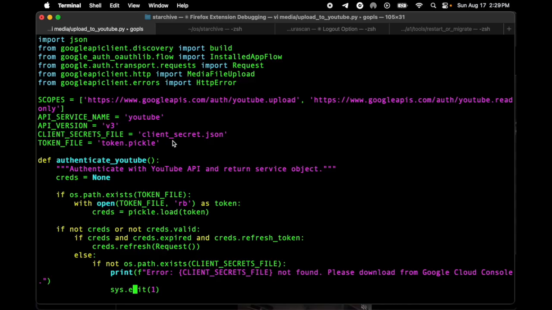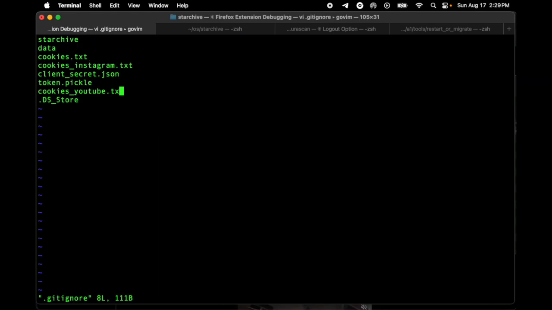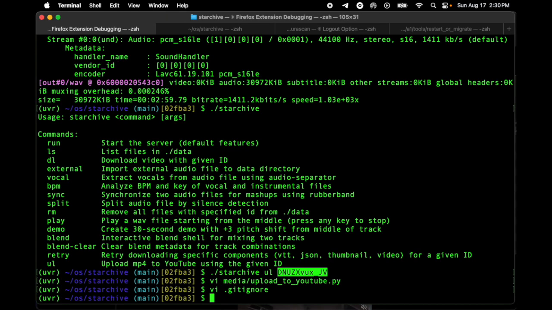If you don't want to agree to that with this little app that I made, just make your own YouTube app. When you get that scary message, just make sure you're agreeing to it to yourself, so you're not really giving access to anyone to your YouTube channel other than yourself. To make sure that this all doesn't get checked in, if you look in gitignore, this file is never checked in, tokens.pickle is never checked in. Also, you need these cookie files. You need Instagram and YouTube cookies. All that stuff is just on your hard drive, but never checked into Git.